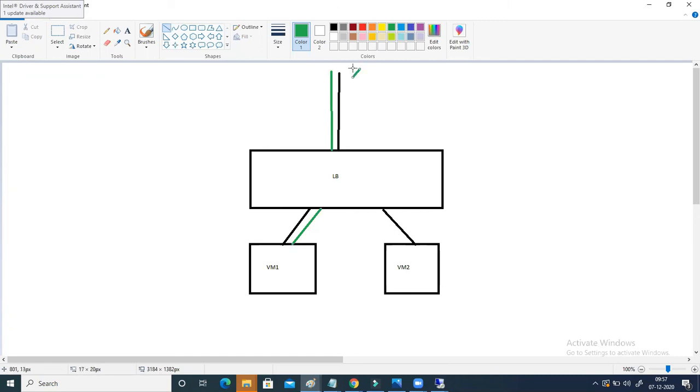Let's say there is some disconnection, some fluctuation. Again, the user tried to connect to your website, so it came to your load balancer. Now, if session persistence is enabled, this session is going to connect to the same target where it was connected before. If session persistence is not enabled, in that case, this user session can connect anywhere. It can connect to VM2 or it can connect to VM1 also. So there is no guarantee that it will connect to your VM1 only.